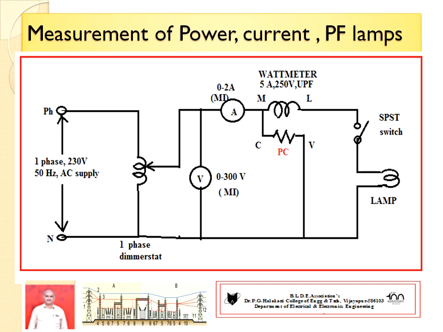Next you start the connection from L to the switch, one point. From the switch, another point goes to the lamp, one point. Another point of the lamp returns to the black point of the thermostat, that is the second point. Again you have to make the external connection in the wattmeter, that is C and V. There is a potential coil, which is internally connected. So you connect externally M and C. Then from the V point you return to the black point of the thermostat, the return path.